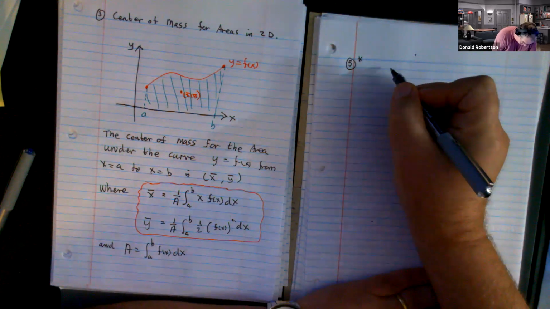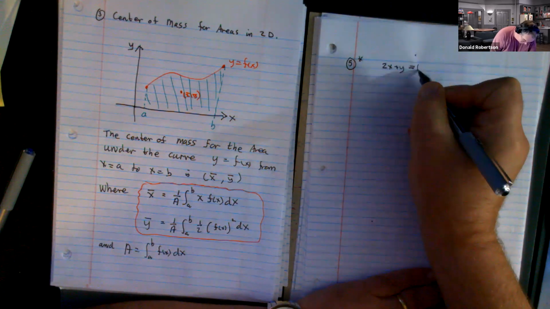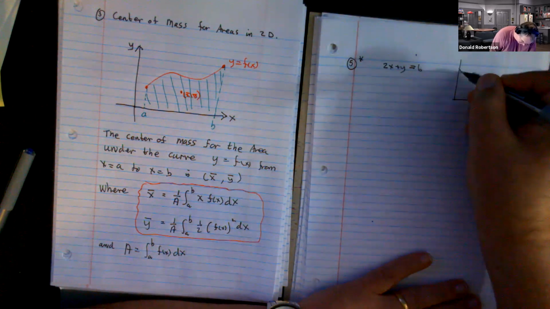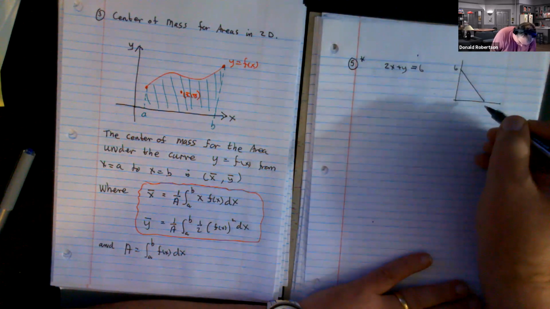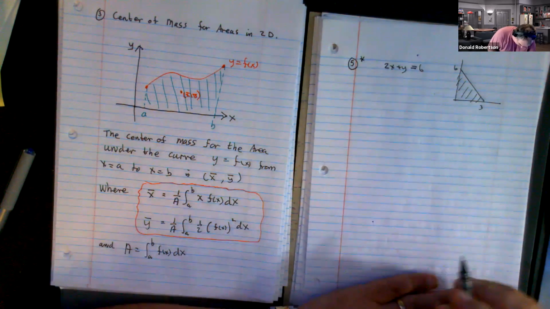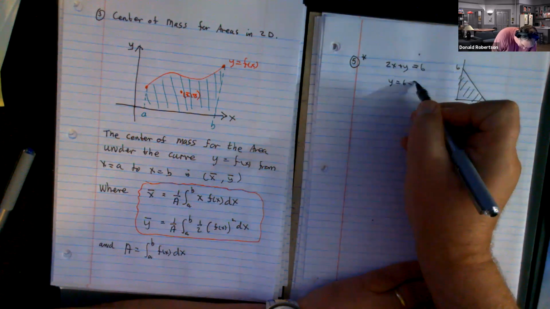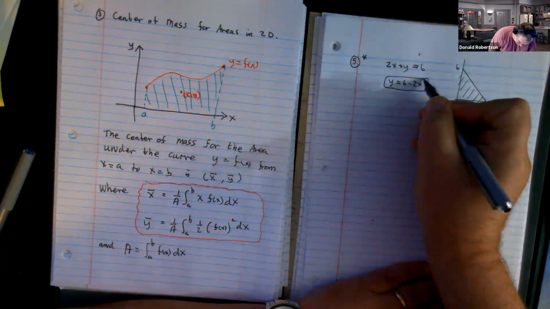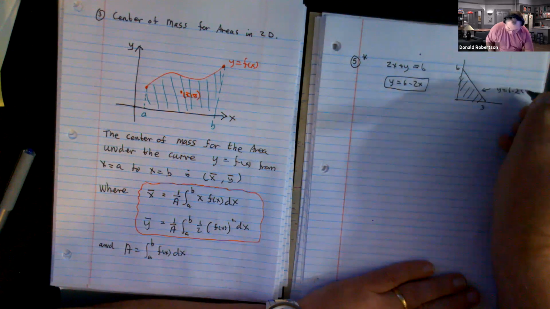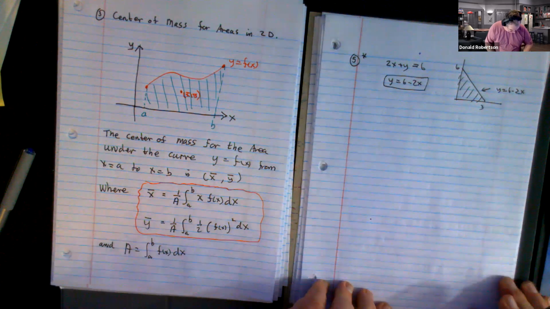The function that we're going to deal with is a straight line. If it's sketched, it looks something like this. We're going to find the centre of mass of this object. So what I need to do is reconstruct this shape. I got my formula, and I want my formula to be relatively simple to work with. So y equals is a good choice. Now going to this formula then,